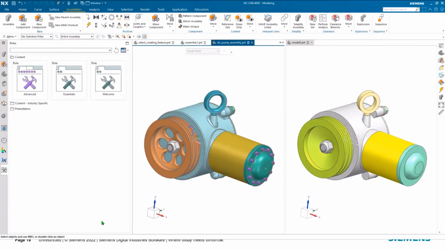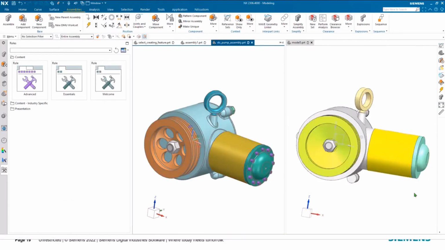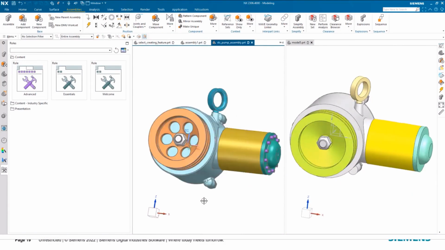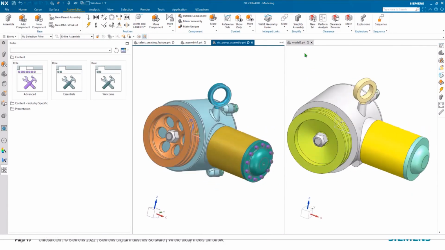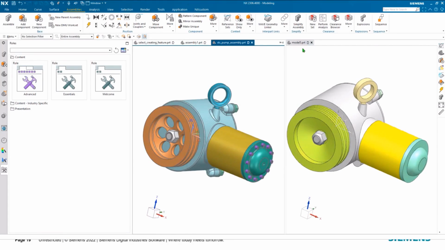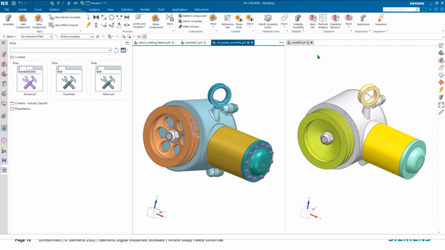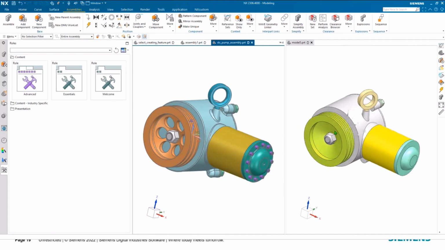So just click OK, and we've got our simplified assembly on the right side, the original assembly on the left side. So again, I've saved this or generated this as a separate part file that we'll save. This drafting,